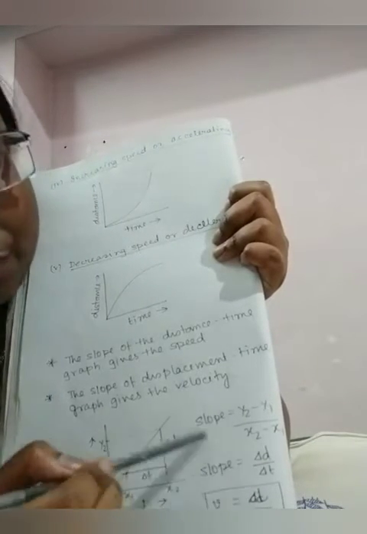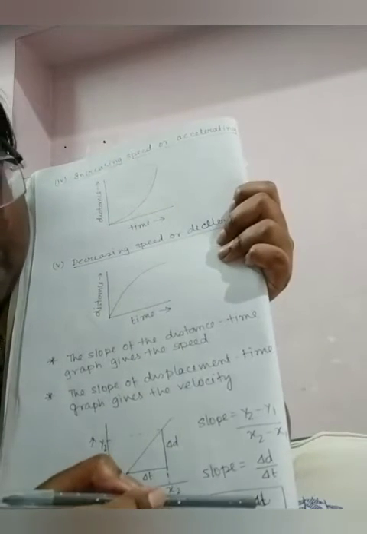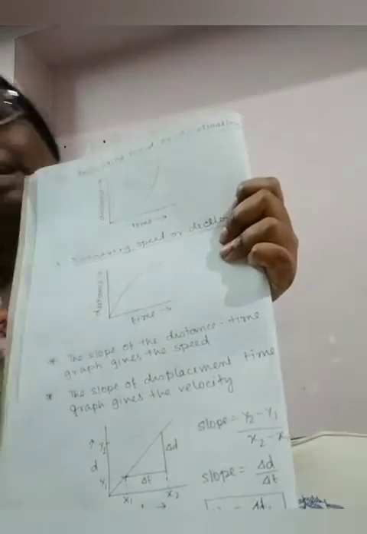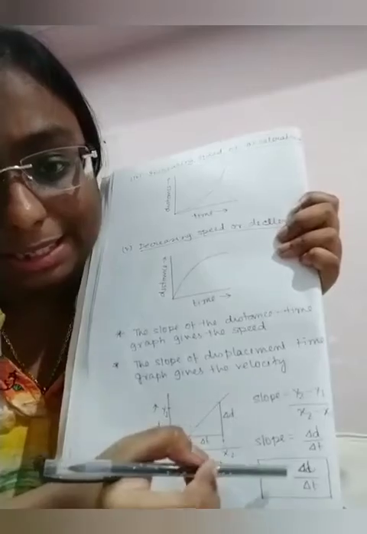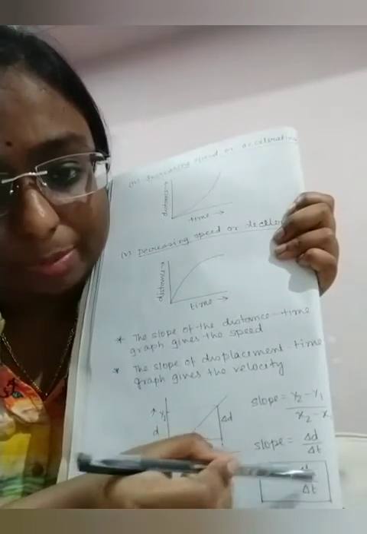So slope, as we know, will give the velocity. So v is equal to delta d by delta t. Now delta d means very small change in distance or displacement, and delta t means very small change in time. So velocity is coming here as delta d by delta t, means change in displacement by change in time. Wasn't that the definition for velocity? Yes, that was the definition for velocity. We have studied in our previous class that velocity means change in displacement by change in time. So see, from the slope of the distance time graph, we can get velocity of any object.